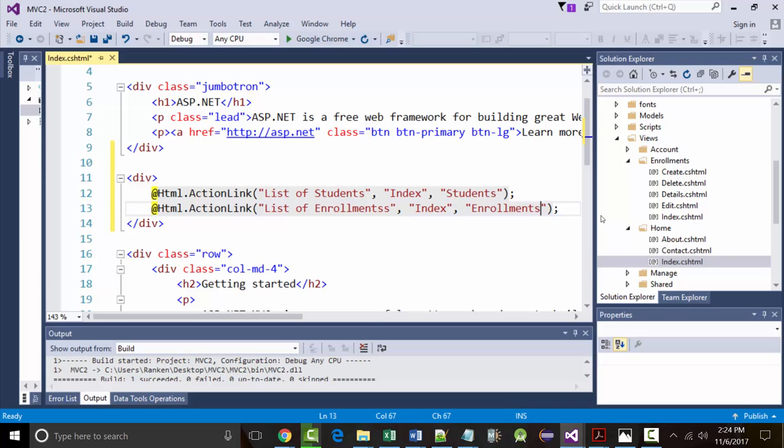Again, this is going to create for us 2 hyperlinks. Both of them right underneath the Jumbotron, one underneath the other one. The first hyperlink will say list of students. When you click that one, it will call the index.html that's associated with the student's controller. So in other words,